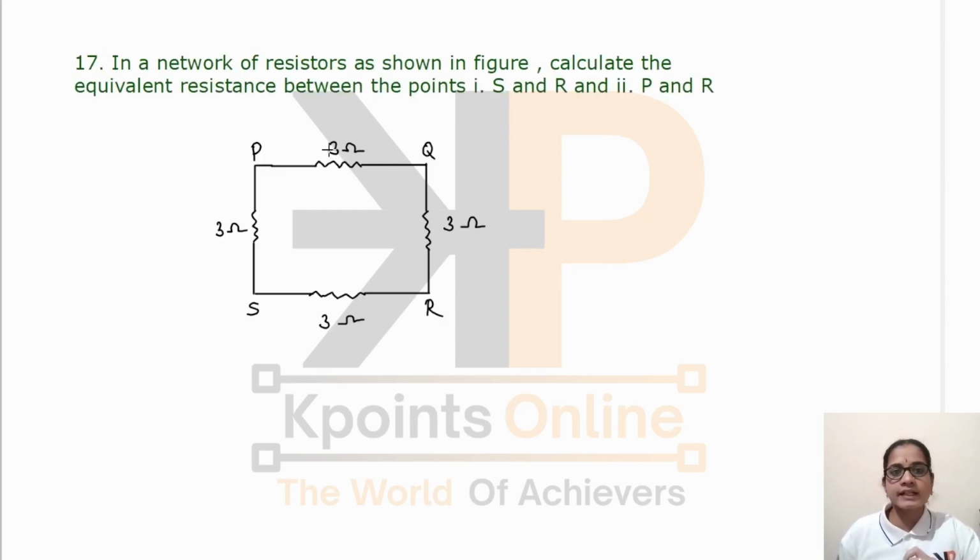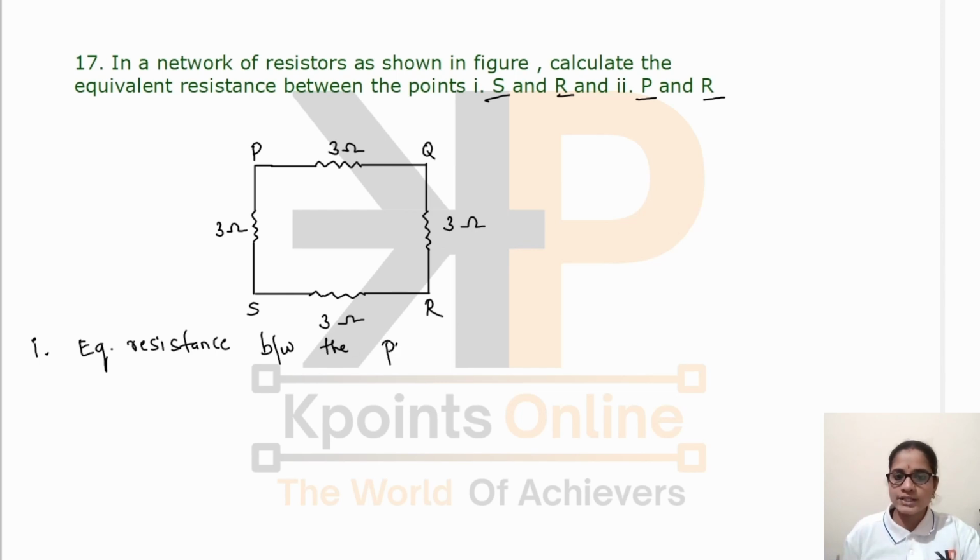The next question is, in a network of resistors as shown in figure, calculate the equivalent resistance between the points S and R and P and R. We have to calculate the equivalent resistance in these two cases. First, let us calculate the equivalent resistance between the points S and R. When we consider the equivalent resistance between S and R, this network of resistors can also be drawn as